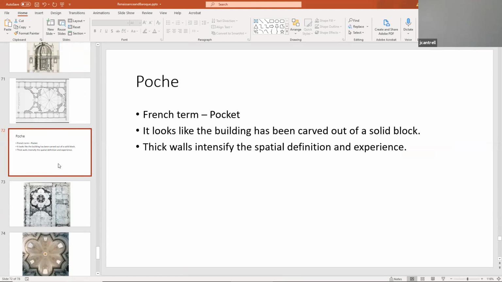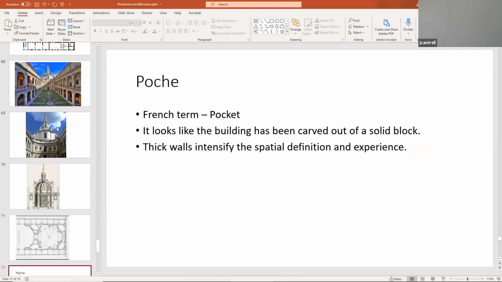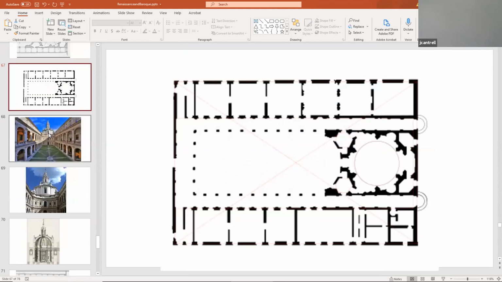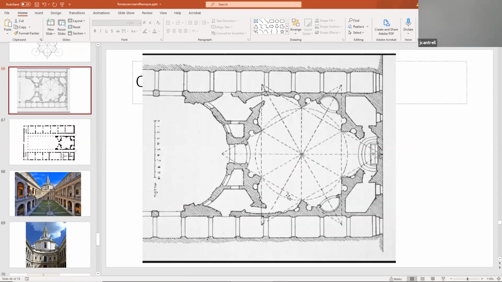I'm very partial to classical architecture because, of course, the walls are so thick, they have a certain amount of intensity and dimension that I think a lot of modern architecture kind of loses. I like them both, but I mean, look at that plan.